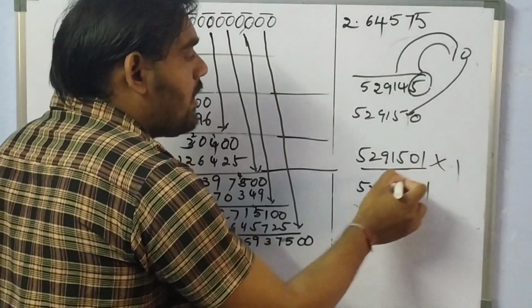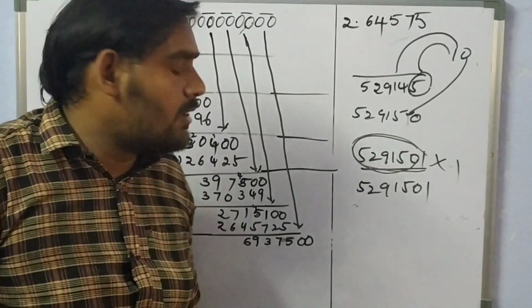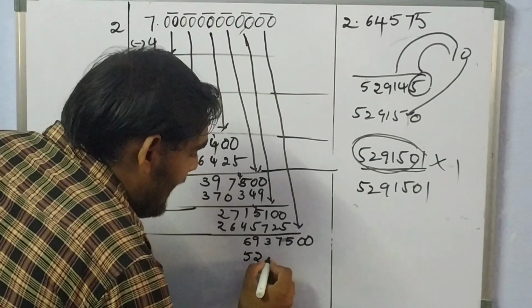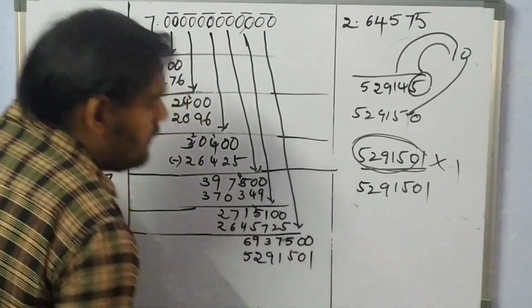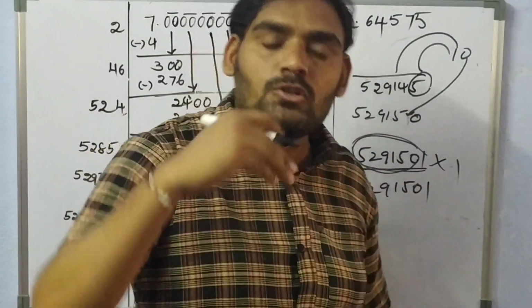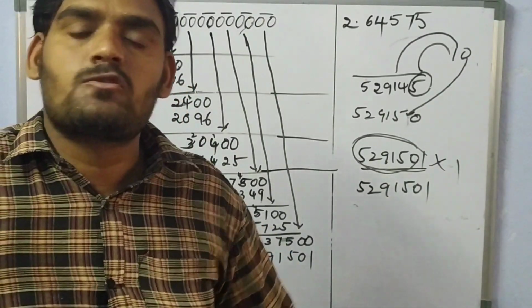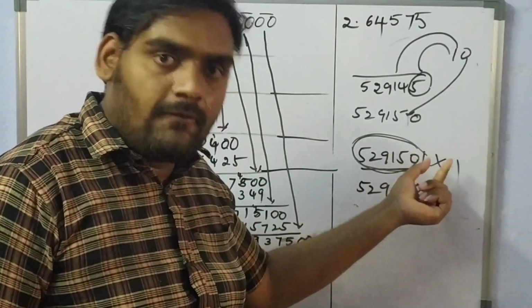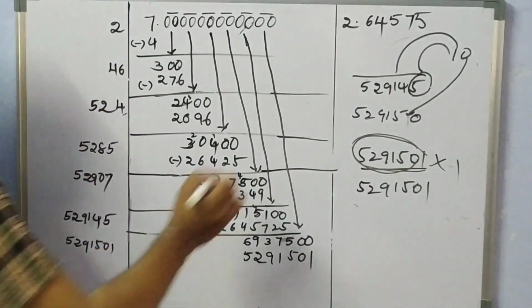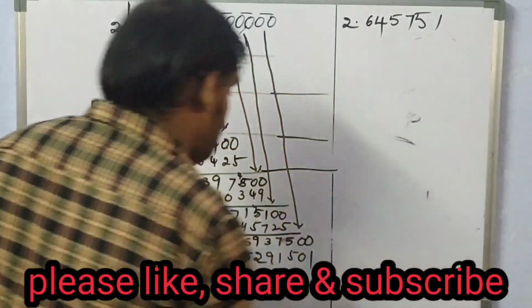So here, when I take 1 beside this number, the entire number I need to multiply with 1. So the result is 52,91,501. Why should I take only 1? Why can't I take 2? If I take 2 and multiply the entire number with 2, that number is more than 69,37,500. So that is why we should not take it. So 1 is enough for this. Now see, what digit did I take before this one? 1. Now the result is,